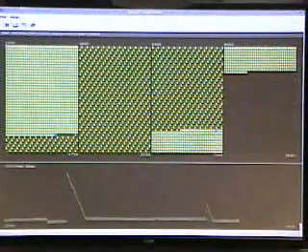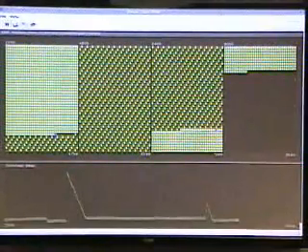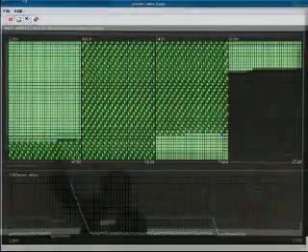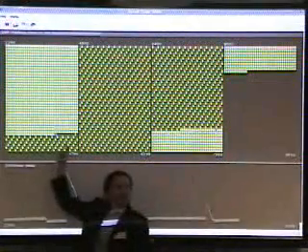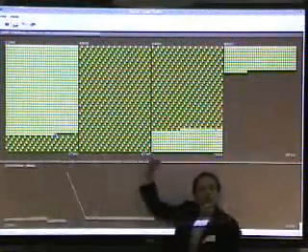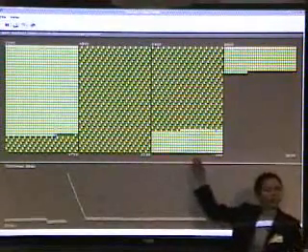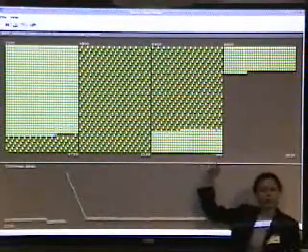So when the failure heals, as you can see here, let me pause the output now. Once the failure healed, what happened is that we went back and produced this blue tuple here, which is an undo tuple, and corrected all the tentative tuples that we have produced earlier. So all these tuples should be green. I'm coloring them darker green so you can see which tuples have been replaced.